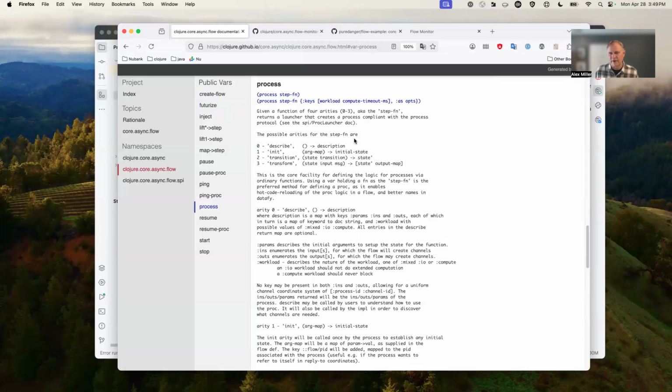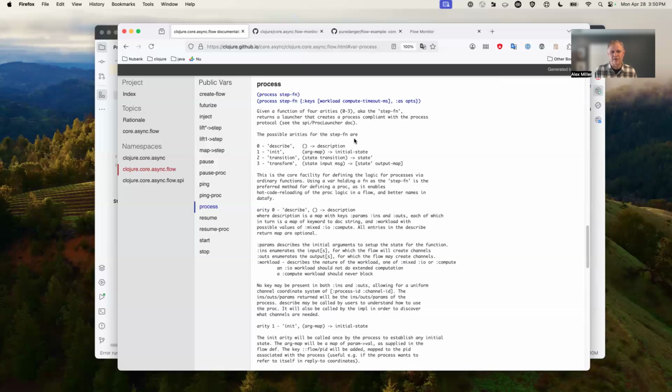Init is an arity that is called when the process is started, and it needs to take values for all of the arguments that were defined in describe. We have transition, which is called anytime there is a state transition. Your process, as it runs, every time it gets invoked, gets passed a state object. The init arity returns the initial state. Every time you pause, resume, or stop it,